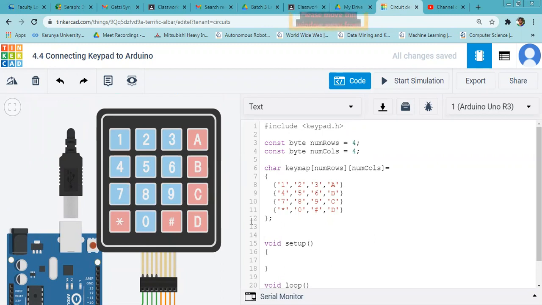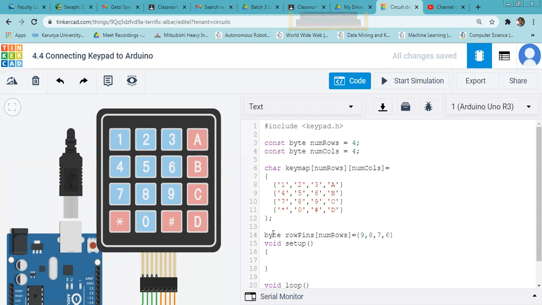Then we have to initialize the pins to which the columns and the rows are connected. So we write byte row pins, number of rows equal to. It's connected to the 9th, 8th, 7th, and the 6th pin.